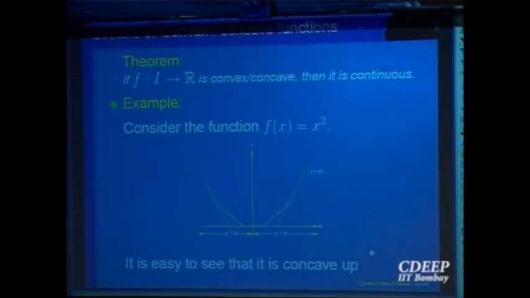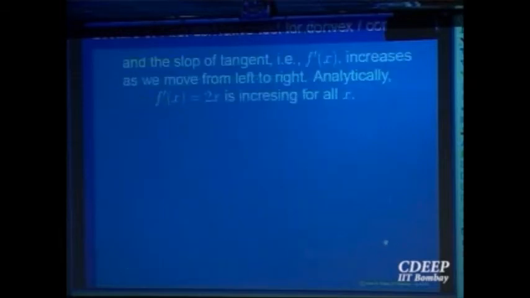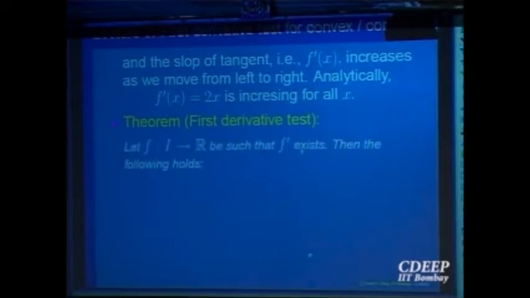But proving that property for functions concave up or concave down is slightly messy. So we'll not do the proof. We'll assume this also. So this is called the first derivative test for convexity and concavity. It goes very much similar to increasing, decreasing. So it says f is a function, say that f prime exists, then the following holds. F is concave upward if and only if f prime is increasing. The typical behavior of y equal to x square actually is a fact.